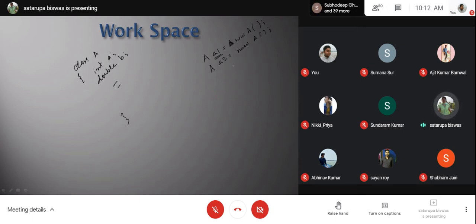When this A1 is created, the memory implication of this A1 is like this. When you just write new A, that means you create an instance or an object of the class A. In the class A, we had two instance variables, one is a, another is b. So under this object, we will be having two separate spaces, one to keep the value of a, another to keep the value of b.